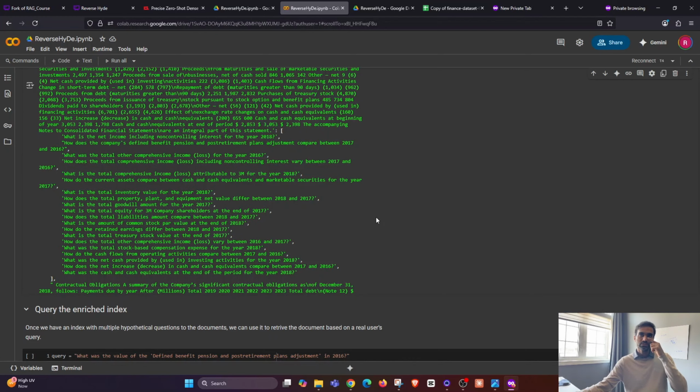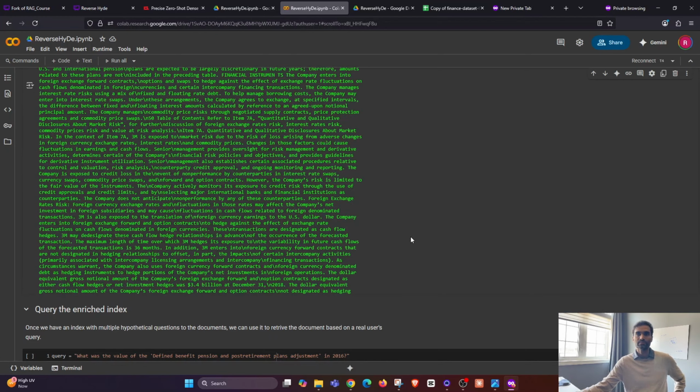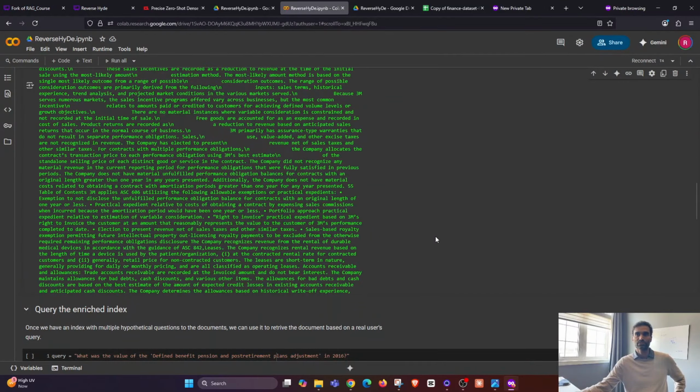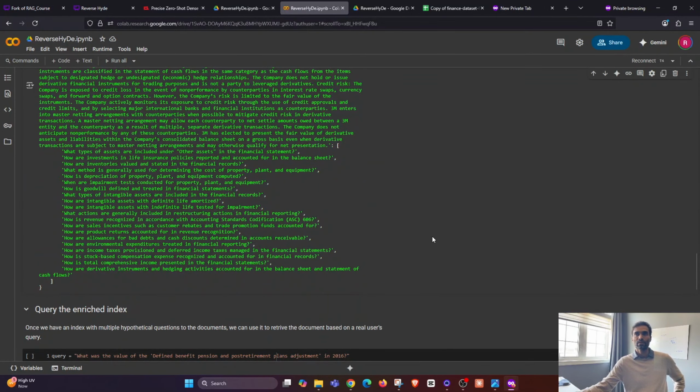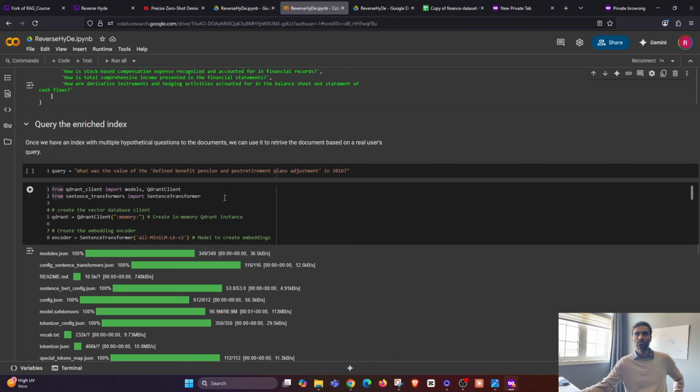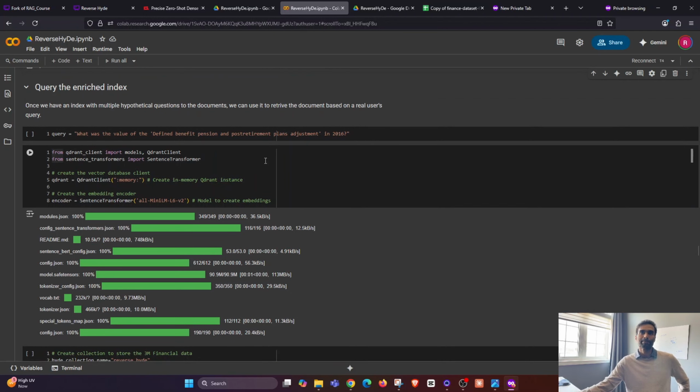So 20 questions have been generated here, and we have these questions with the chunk. Now I just add a query here: what was the value of the defined benefit pension and post-retirement plans adjustment in 2016? Somewhat a complex query, and in order to test that, I used